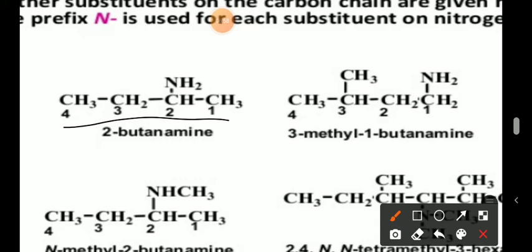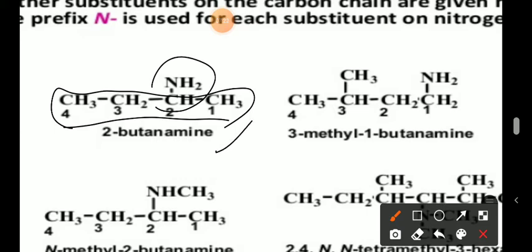As you can see, what do we have to do? We have to select the longest carbon chain. This is the rule, and the rule remains the same according to IUPAC. This is the longest chain, and it contains 4 carbons, and we just mention the amino group present on the carbon. So you can say 2-amino butane and 2-butane amine, both are correct. As it is written in our book in that form, I am going with that, 2-butane amine. Now check the second part.